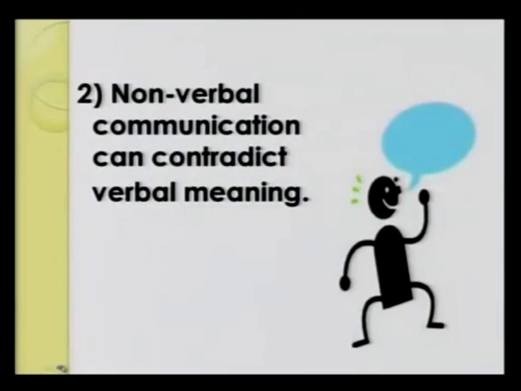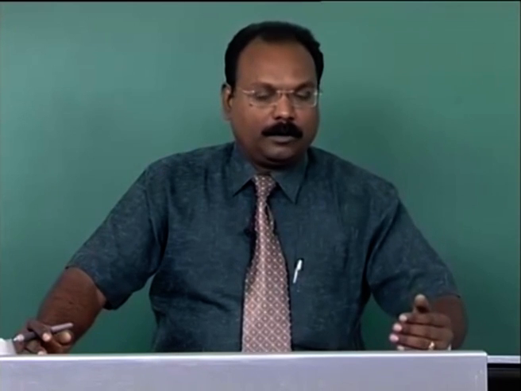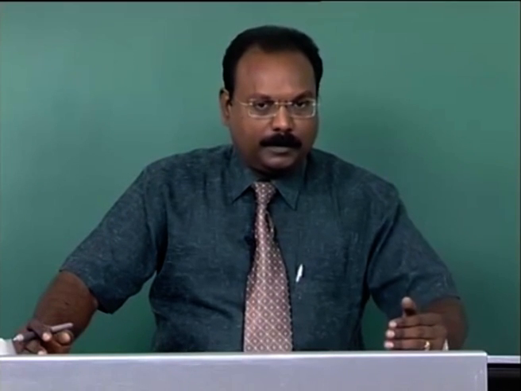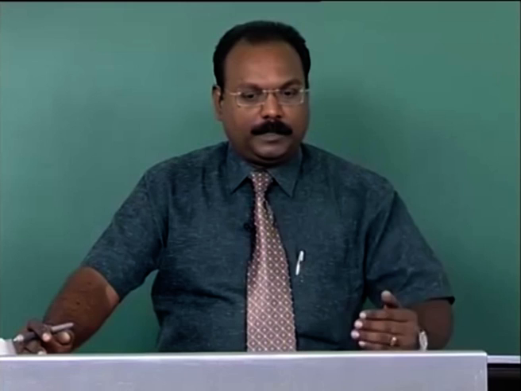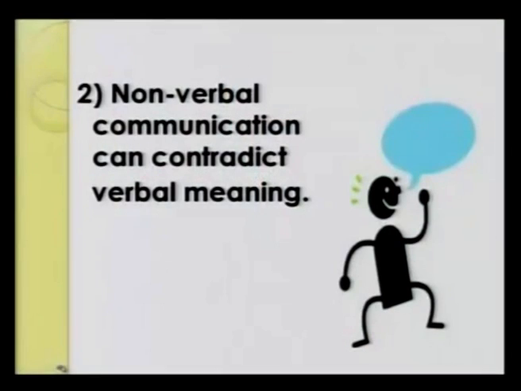Now, the point here is non-verbal communication can contradict verbal meaning. So, you have a verbal intention and you mean something. Now, the question says body language can contradict, try to convey something opposite. Is it possible? If you think it is possible and it is true, say true. If you think no, it is not possible, then you say false. So, true or false, say T or F, and if you are done, we will move on to the third